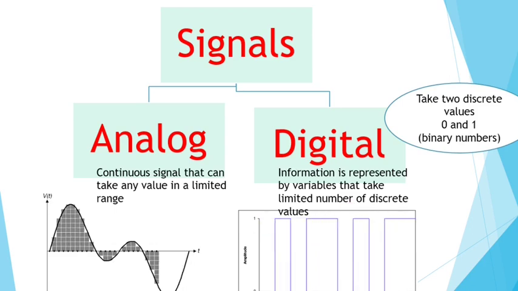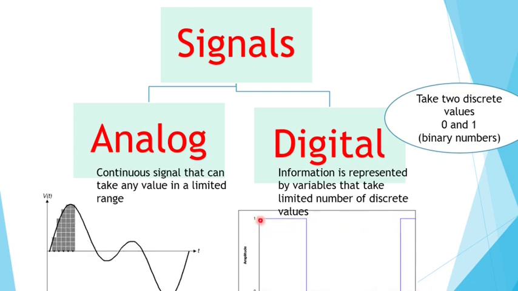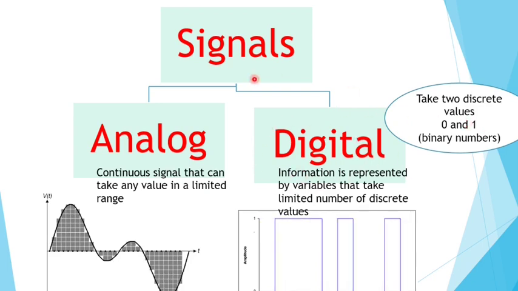Here in the diagram also you can see that on the y-axis we have amplitude, and on the x-axis we have time. And the amplitude is either 1 or it is 0. It is not 0.25, right? So computer works on 0 and 1, and this is called digital signal, right?